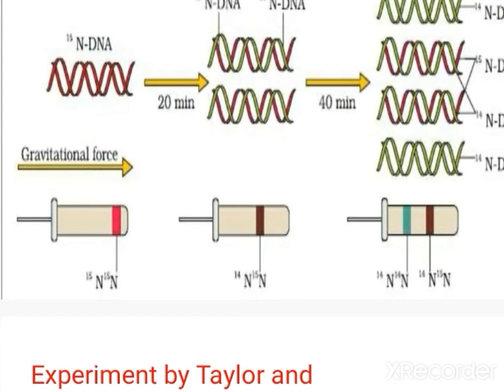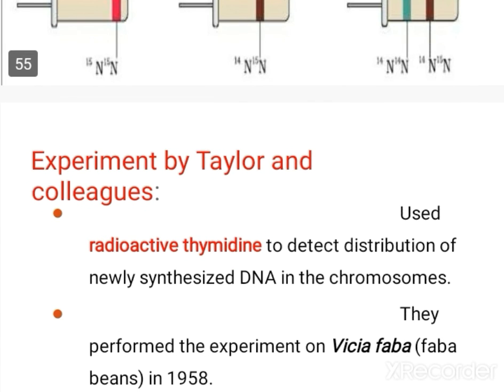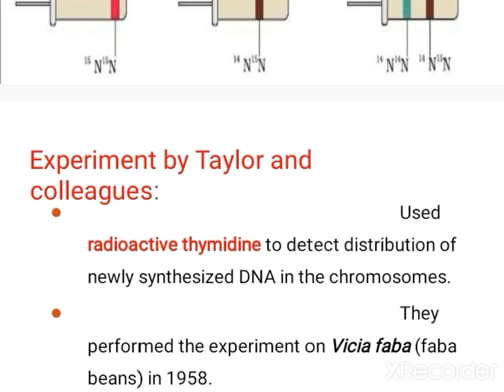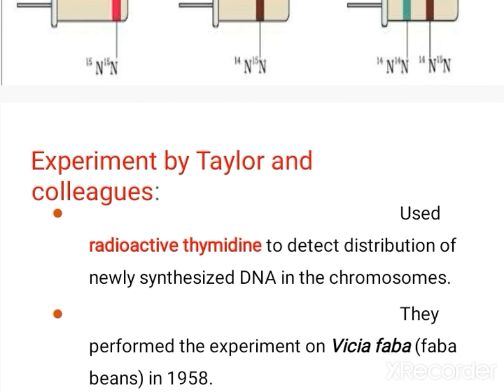During DNA replication, one will be the parent strand and the other will be the newly formed strand. That is, one is the old strand and the other is the new strand. That is why this type of synthesis is called semi-conservative synthesis of DNA. Later the experiment was done in faba beans also. Finally they concluded semi-conservative DNA replication in eukaryotes. Okay children, this is the third